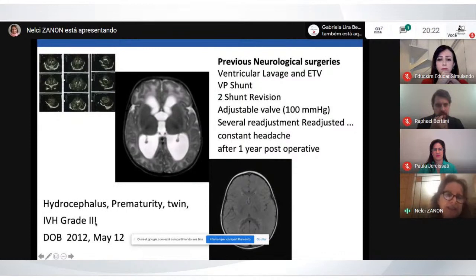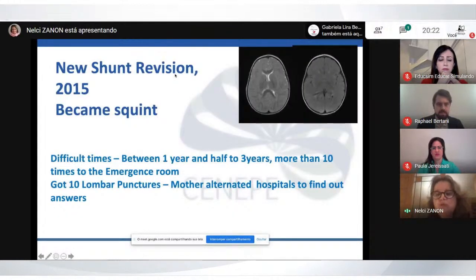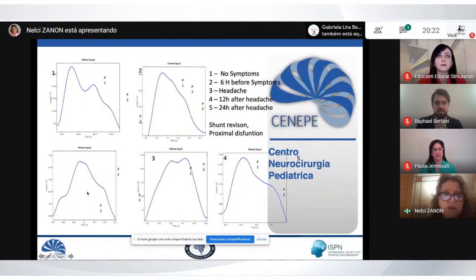At the beginning, she was premature with intraventricular hemorrhage grade 3. After one shunt revision, she became squint. It was difficult times for her family. In one year, she went to the emergency room several times, and she got 10 lumbar